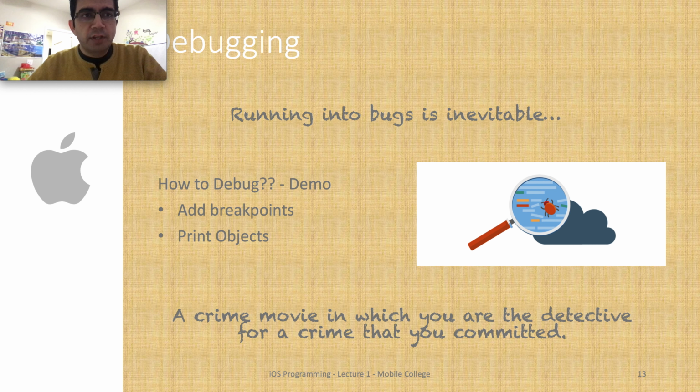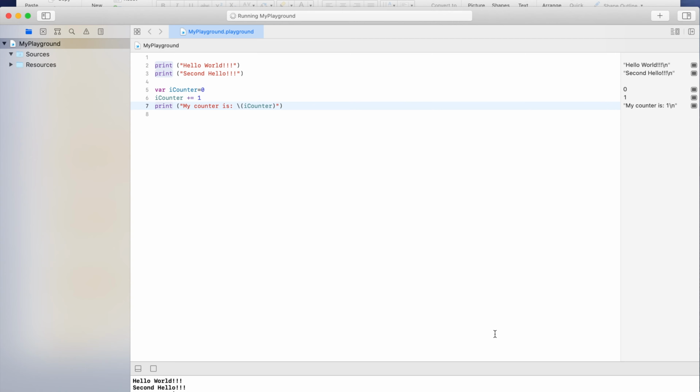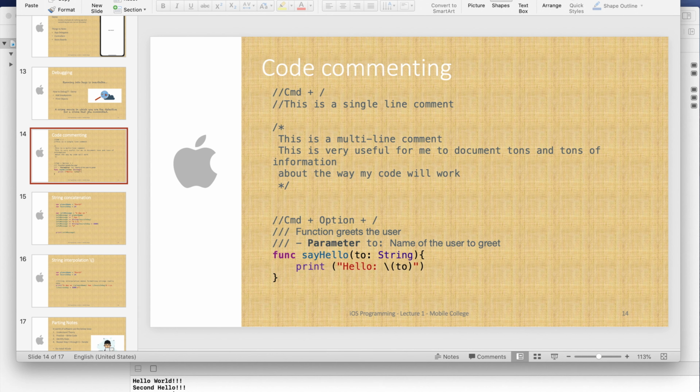I would not start in the beginning of the course with how we'll go about debugging, but I will show you as we go across different lectures inside the course what the best possible strategies for debugging are, and where the issues may lie. In this section we talk about a couple of topics. One is code commenting, how you would go about commenting the pieces of the code that you're going to write, and the second one will be around string interpolation